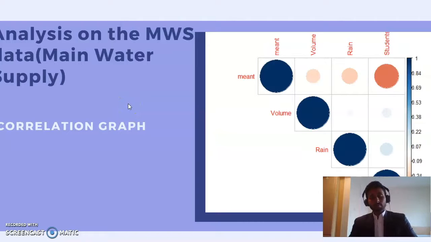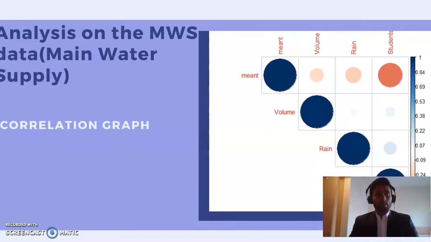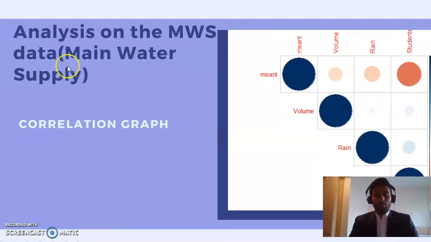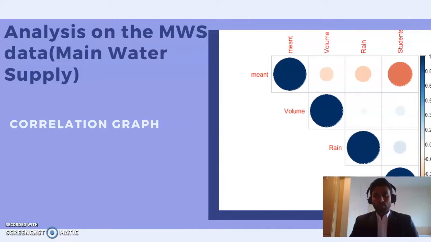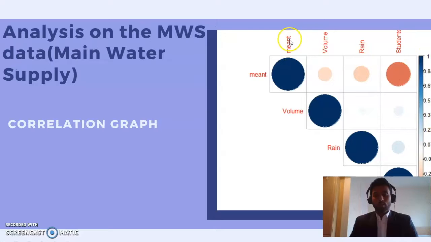And now the next task for us was to figure out the correlation between several factors under consideration. The major factors under consideration were the mean temperature and the rain data, which we had with respect to the consumption of the water. So we tried to figure this out with the help of a correlogram, which is what you see over here in the graph. So we developed a correlation matrix, and then